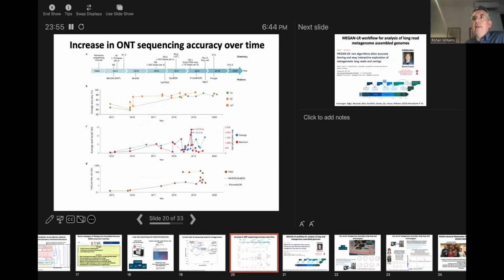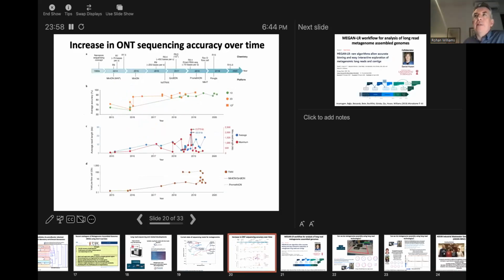The problem with this is that until very recently, these long read technologies had very, very high error rates. So back in 2015, if you'd asked me at the time about Oxford Nanopore, I would have said this is very much a toy technology and it wasn't serious. And then I think the tipping point was somewhere in here. All of a sudden, the error rate, or the accuracy, started increasing.